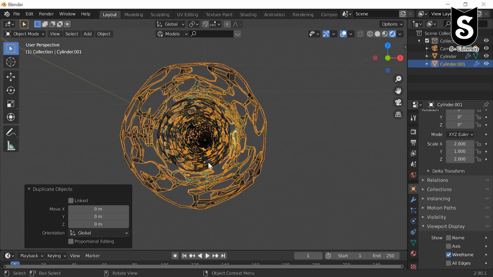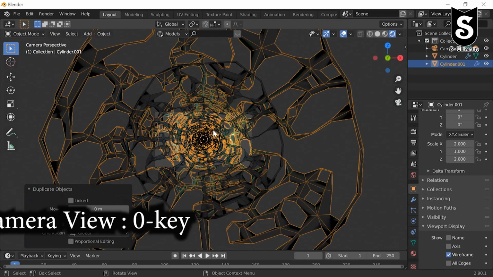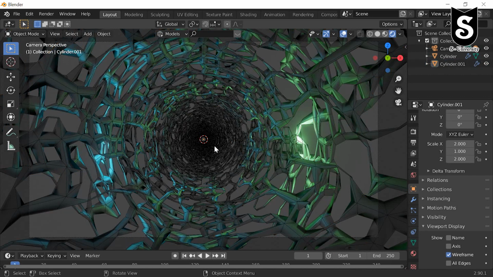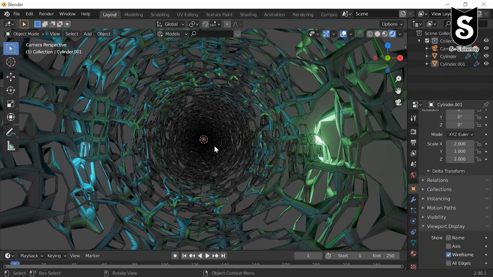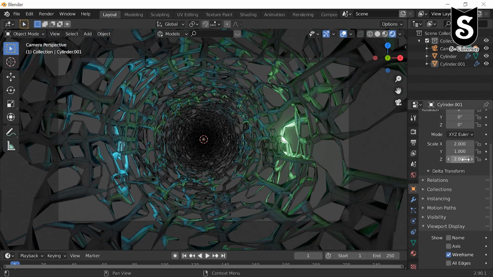We can see 2 is pretty high. Press 0 to see how it looks. It's okay right now.